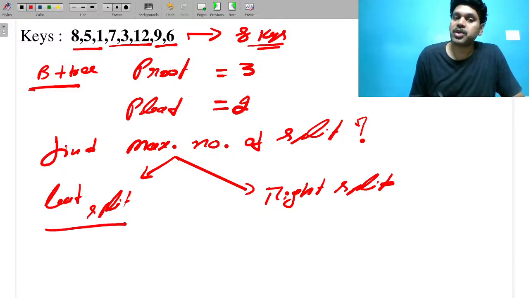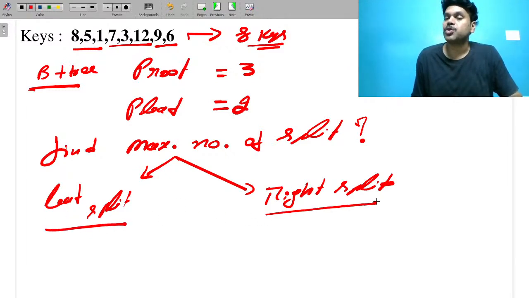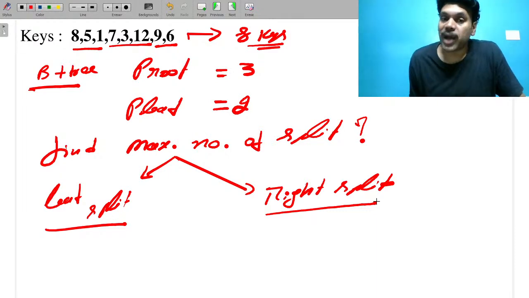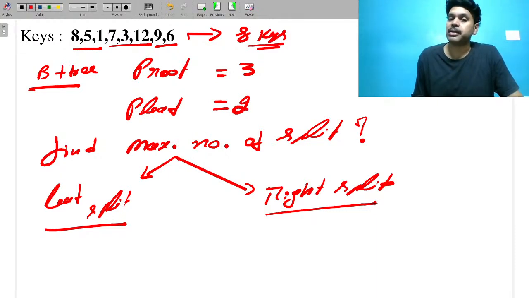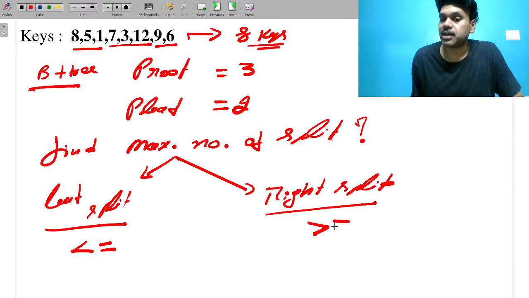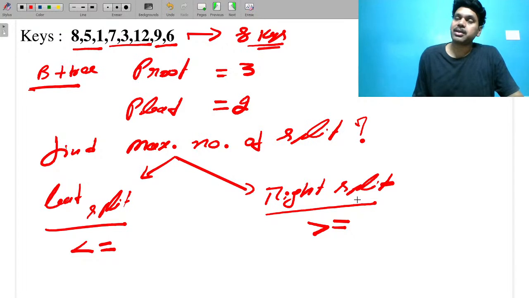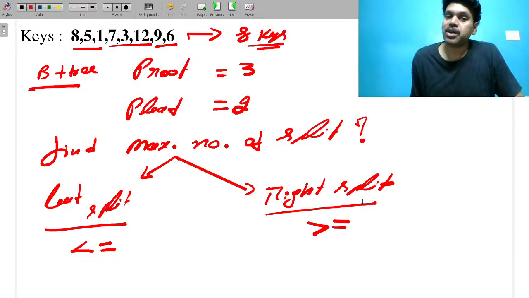If left split you got 3 and right split you got 4, then 4 is your answer, because he is asking for the maximum number of splits. So do it: left split is less than or equal to, and right split is nothing but greater than or equal to. I will tell you a shortcut